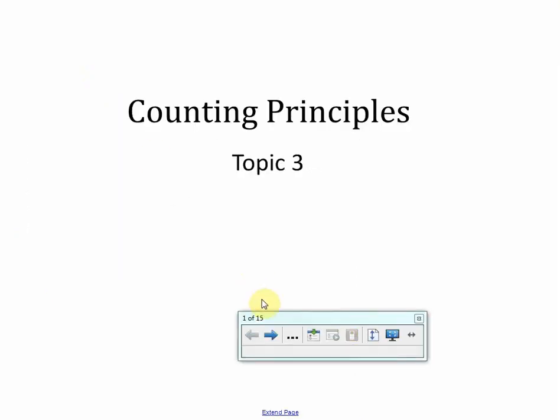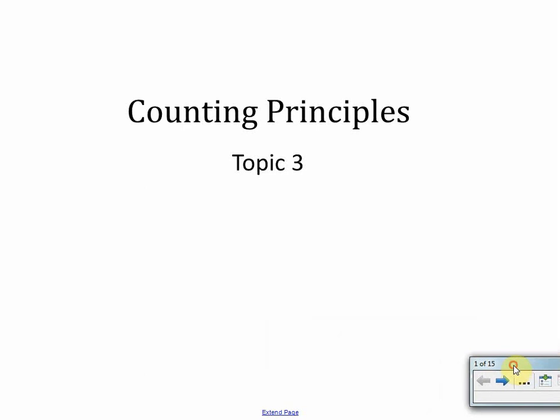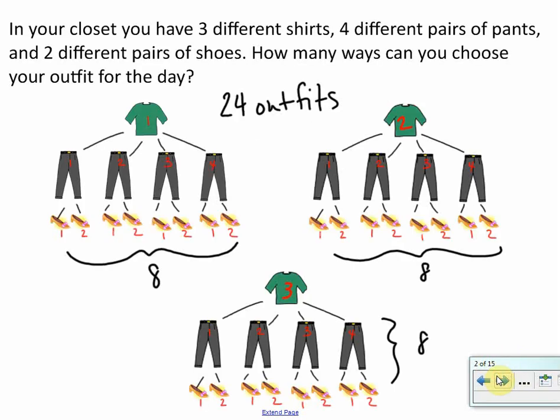In this video, we will talk about counting principles. This is our third topic of our probability unit. Counting principles gives us ways to determine numbers of groups of items. In our unit on basic probability, we talked about different ways that we could find groups, such as tree diagrams